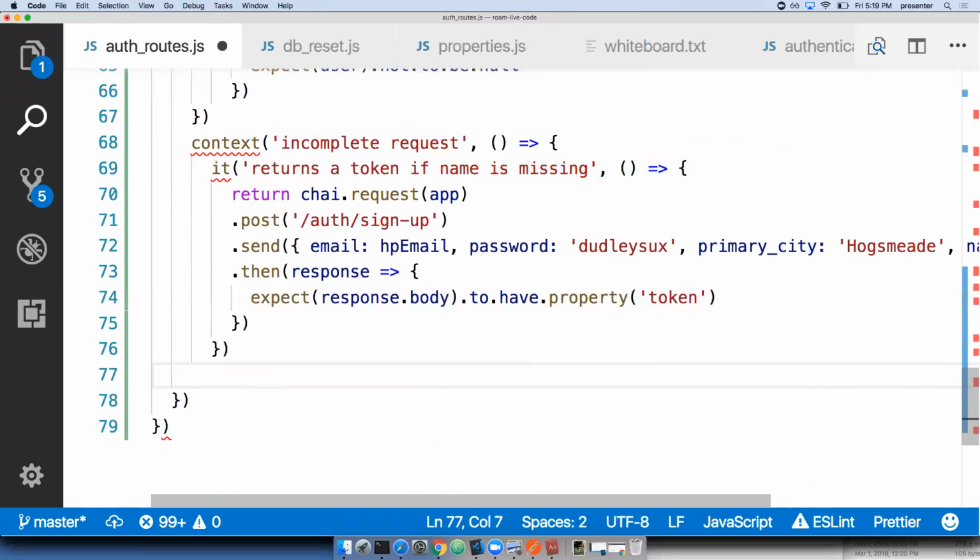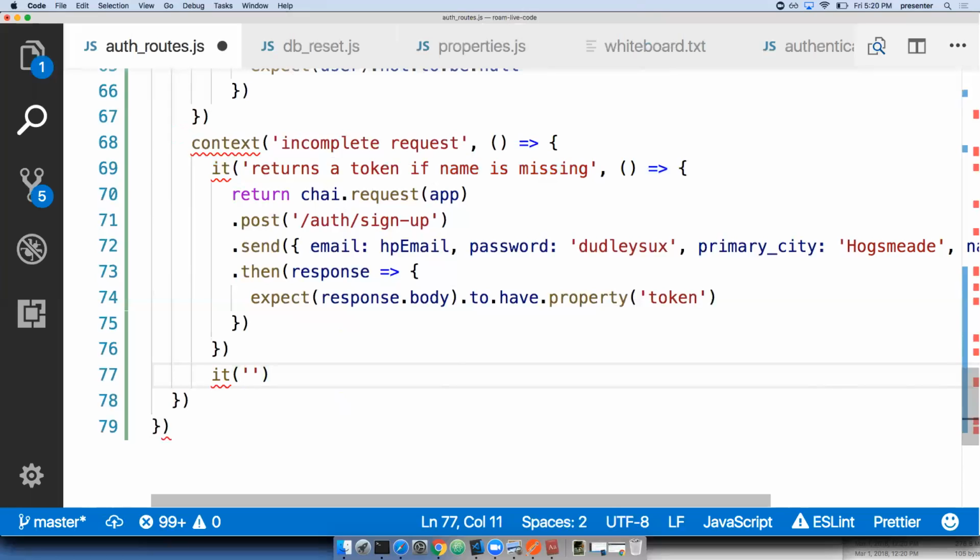Okay, so do you think I should just do one more test where all the other stuff is missing? Or should I do a test for where one of each is missing? I think I should do a test where one of each is missing. And what would be the modular thing to do here? To separate them out? Okay. What do you think? I think I want to do one of each, because